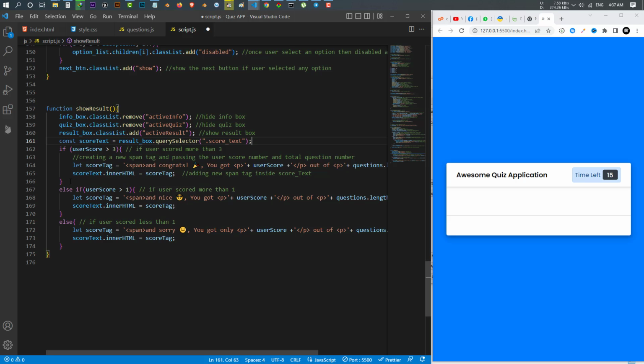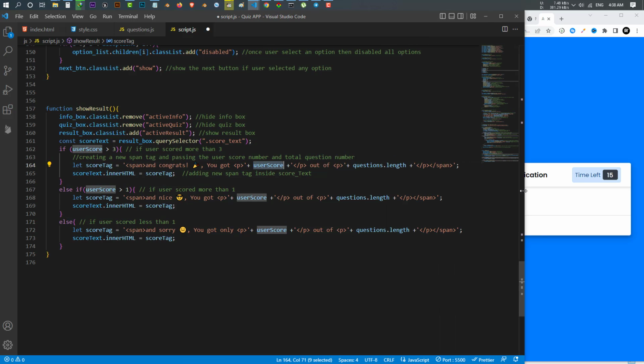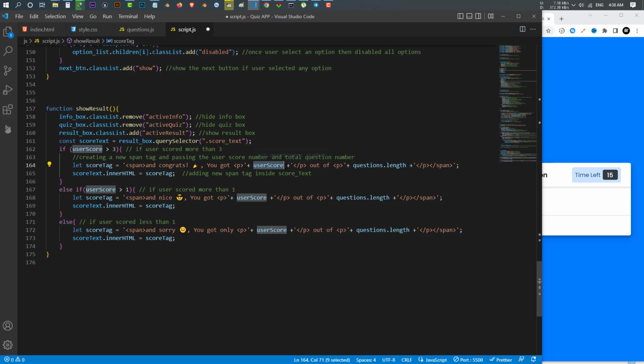So I make a variable called score tag, and I make a paragraph tag, and I say congratulations and an emoji, and after that I want to display the user score. Let's make it a little bit bigger, and I use plus to add more, and after that I make another paragraph and I add this question length, so it means you answered 2 of 3 from the total amount of questions. And after that, by using inner HTML, I put this score tag which we created